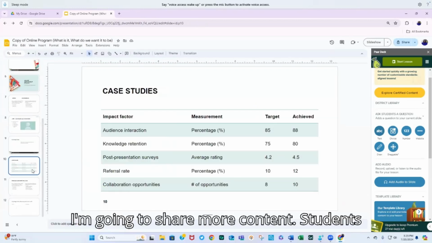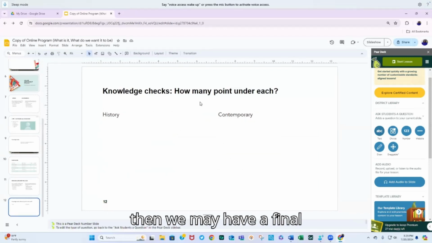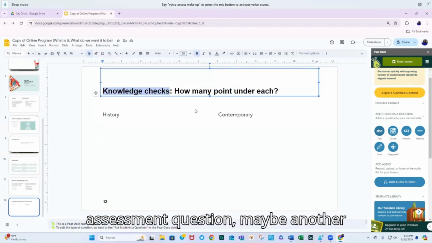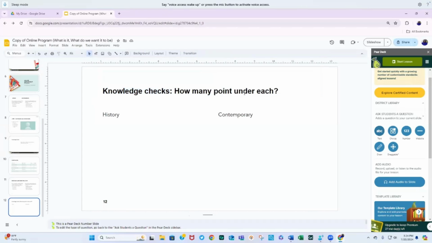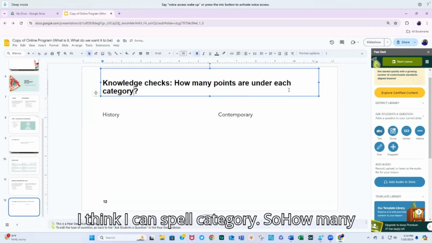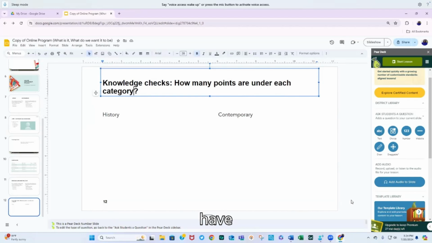So now I'm going to share more content. Students are going to access more content, and then we may have a final assessment question, maybe another knowledge check. So how many points are under each category? I think I can spell category. So how many points are under each category? So now I have added that, and maybe I'll put, let's see,